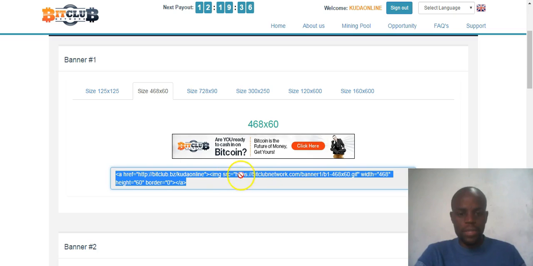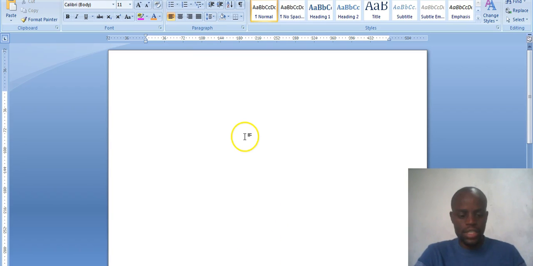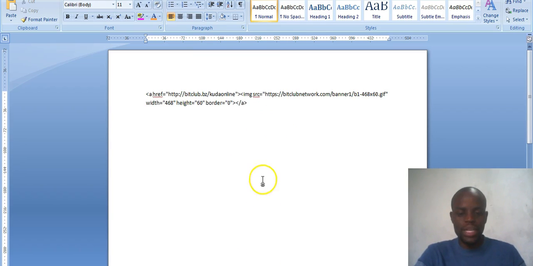As I copy this information, I want to put it in a text document so that I can select what I need. And you need to see where it says .gif, or you can have .jpeg there. So I need to highlight here.